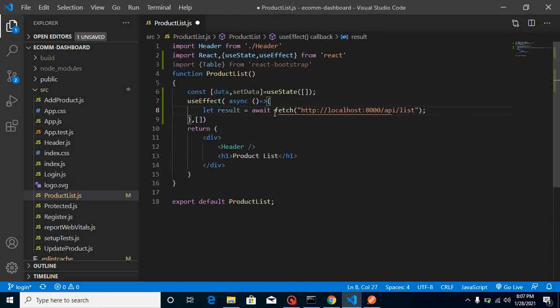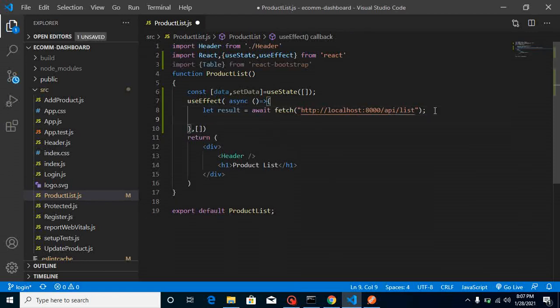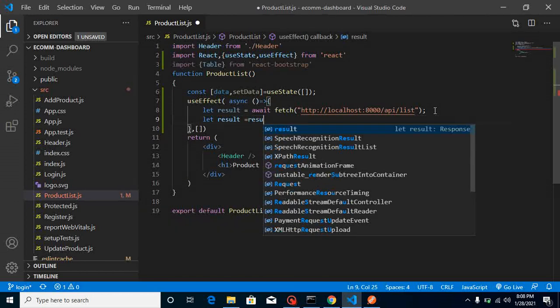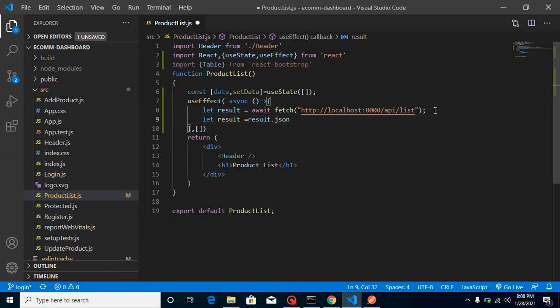After that, our API promise has been resolved, but we must also resolve our JSON promise. So just write result.json, and we need to put the await keyword here.